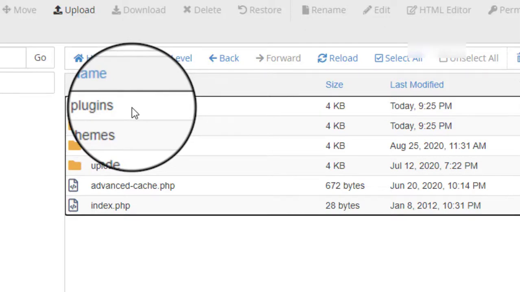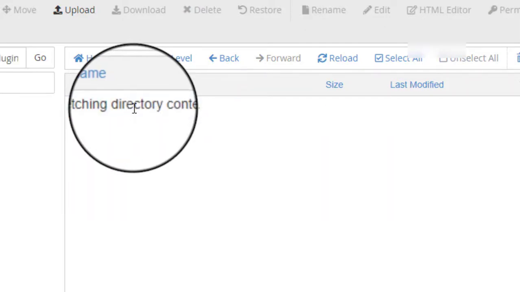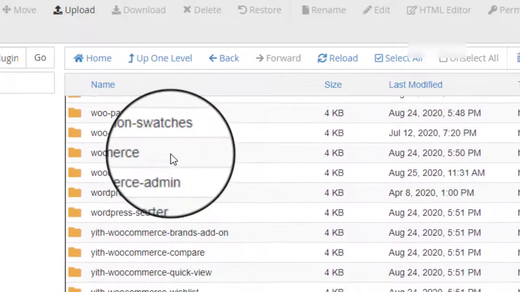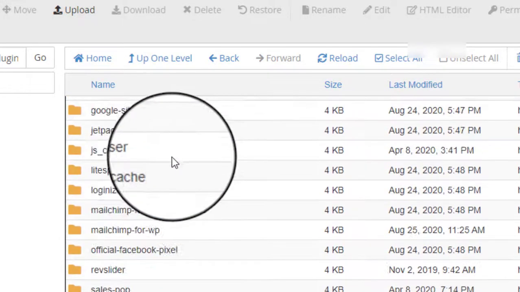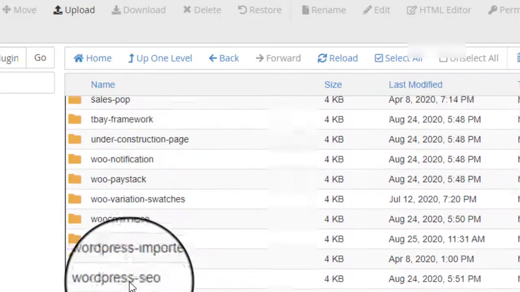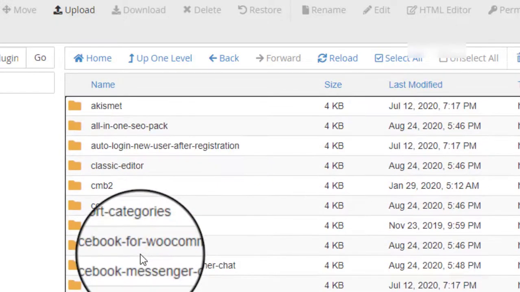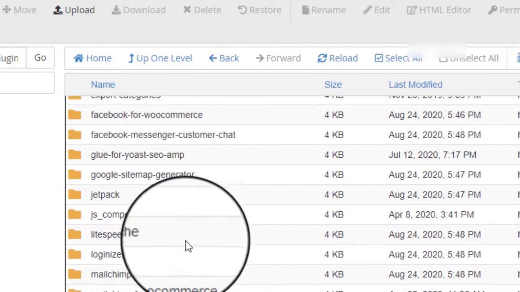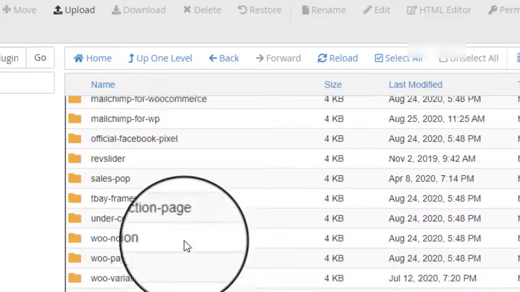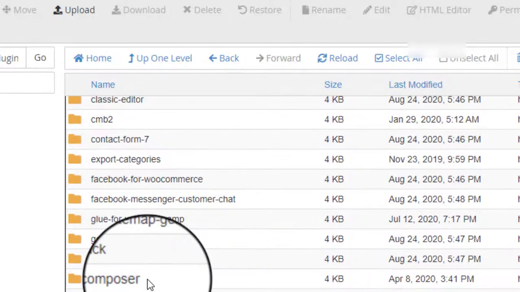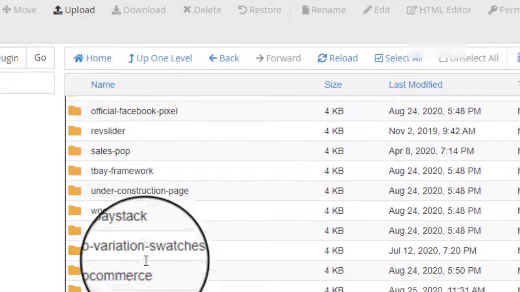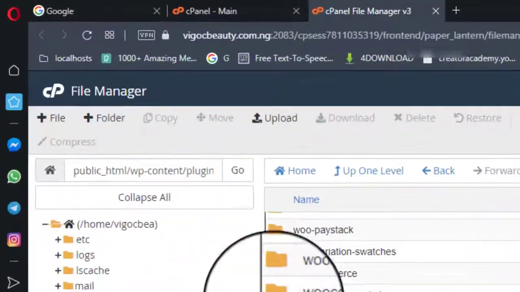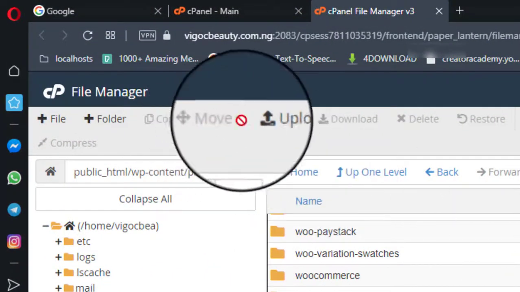So let me click, and now the plugin we want to update is our Slider Revolution, and also we want to update our JS Composer, which is this. So let me just quickly upload the file since we're updating from the cPanel. So let me do that. Upload here,